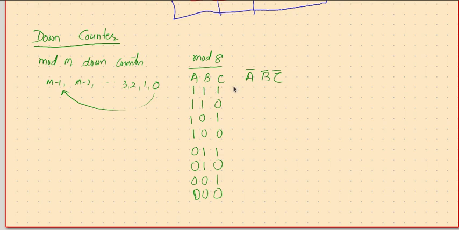So this is 111, so we get 000. This is 110, that is 001. 101, that is 010. 100, that is 011. This is 011, this is 010, this is 001, this is 000. And after that, this is getting back to 111, so this will get back to 000.